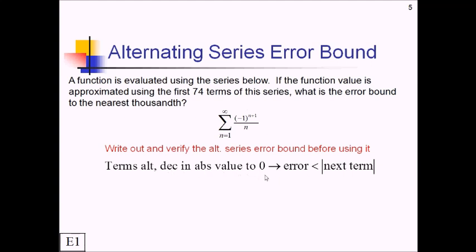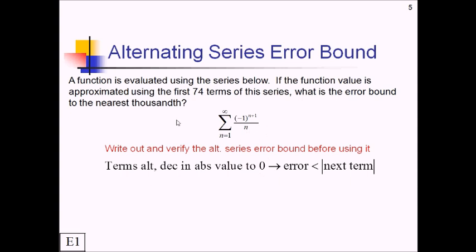Do these terms decrease in absolute value to 0? They do. The numerator is not really changing in size. The denominator, though, keeps growing as you plug in bigger and bigger n values. So we are decreasing to 0. So let's go ahead and use this now. So we need to figure out the next term, and then error is just going to be less than the absolute value of that. Pause the video and see if you can figure out an expression for the next term